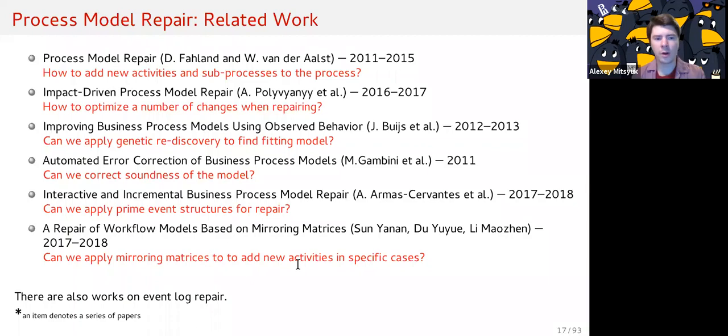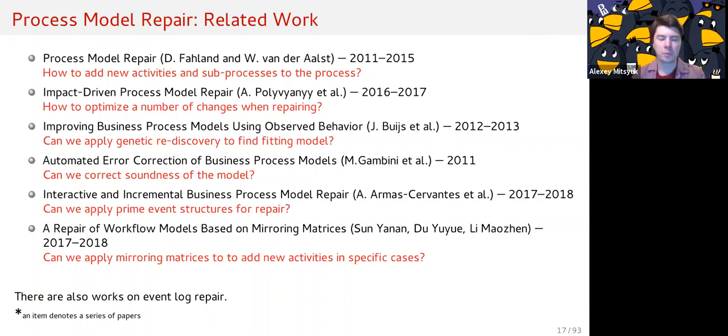Actually, there are many works in this field with different problem statements and different solutions. I will consider firstly our solution to this problem, and then a couple of other solutions which are suitable for similar problem statements. And I will not consider works in this talk